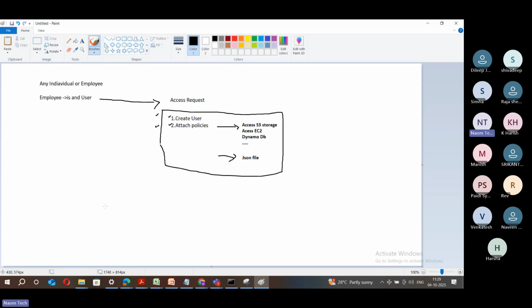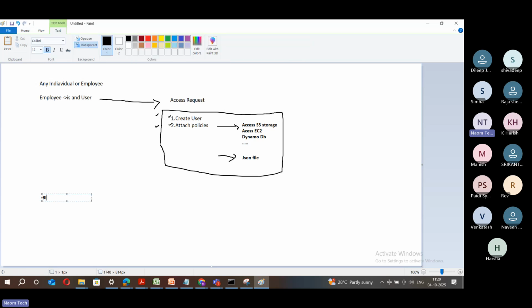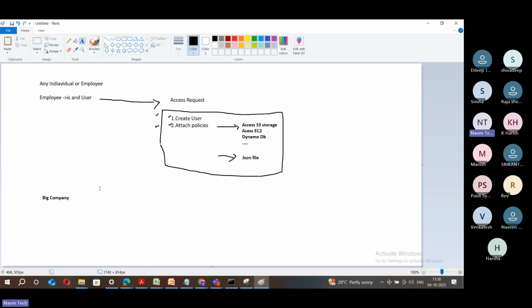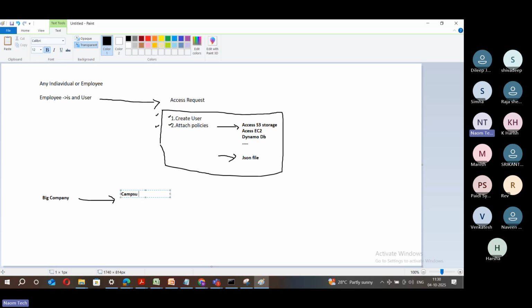Suppose your company is a very big company, like our company, where lakhs of employees work. So many new people keep coming to the organization. Let's make it simple for you. Many new people are coming and joining the company, say campus grads or experienced people. We usually have so much recruitment for campus grads, and then experienced people. When you have this kind of